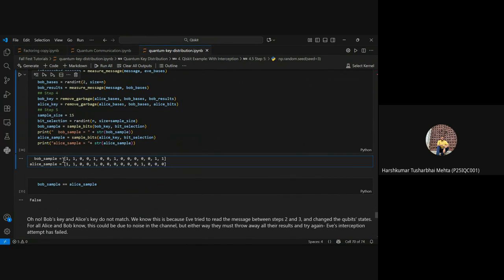And you see that the sample from Bob and the sample from Alice are exactly the same apart from some places, as you can see. And this is the indication of the fact that there was someone in between who has interfered with the